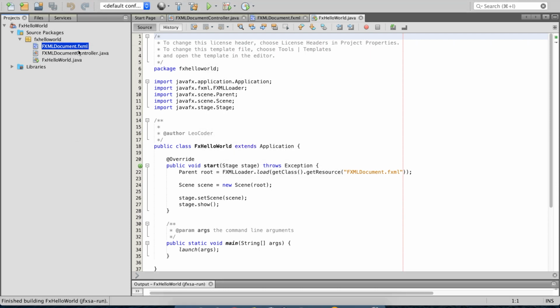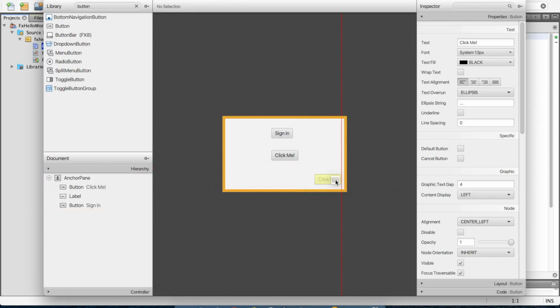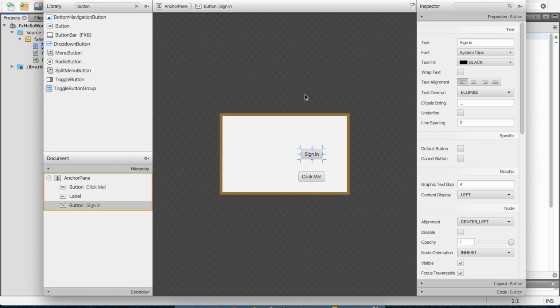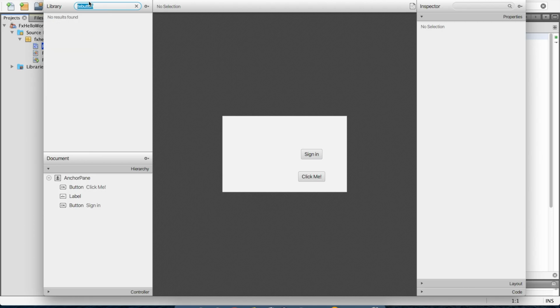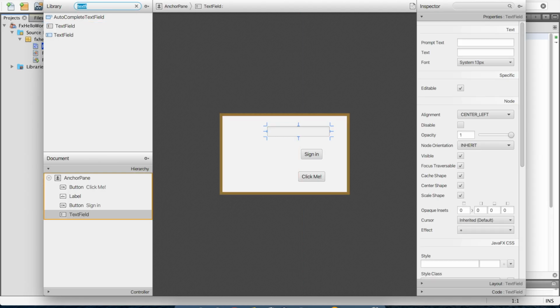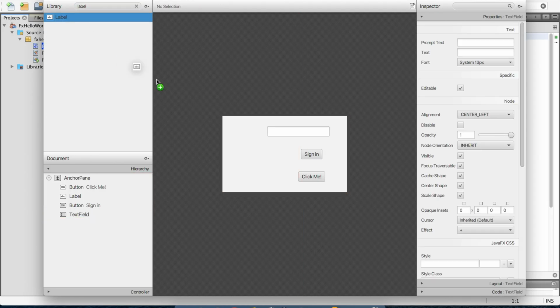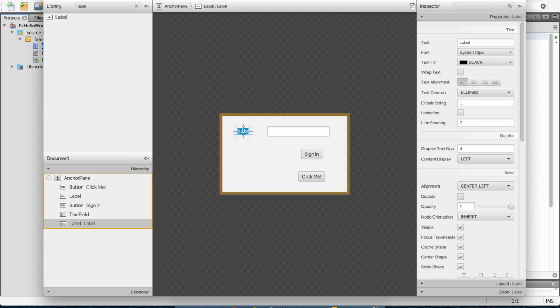Let's put a few more things in the UI to make it look even nicer. Let's put a text field, and let me put a label as well. There's a username. Let's put another label,